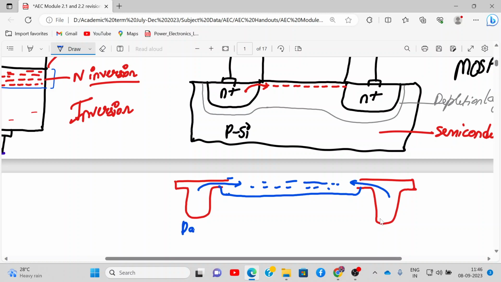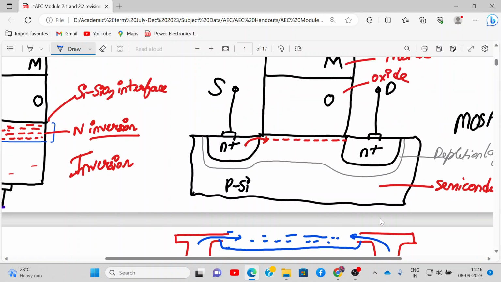Yes, this is dam A, dam B. So whenever the two dams are open, it can be connected. This length can be connected if the hole is dug. So the same thing is happening over here. Whenever these carriers are getting accumulated, getting formed near this SiO2 interface, beneath the SiO2 interface, now